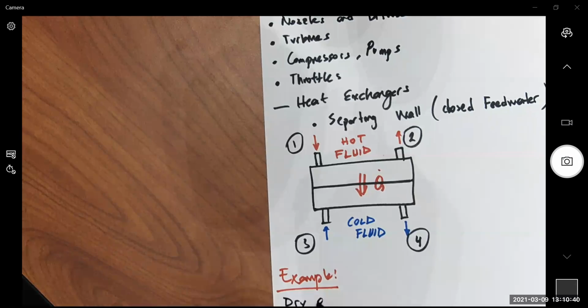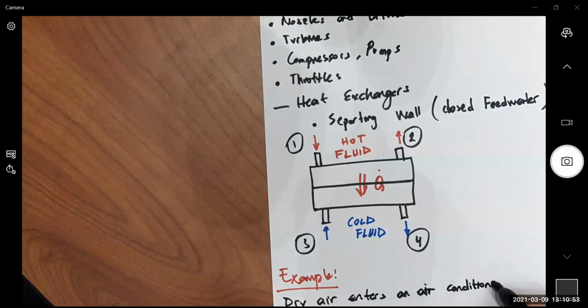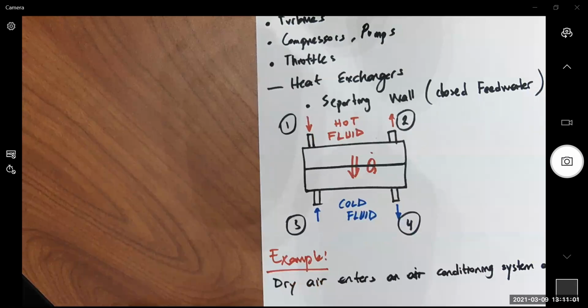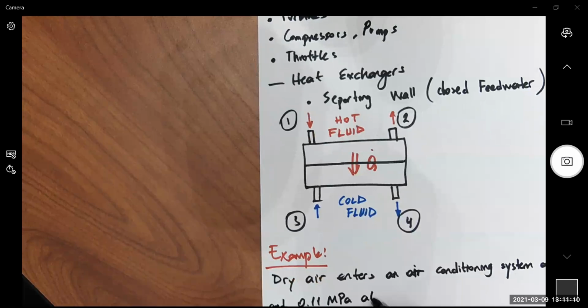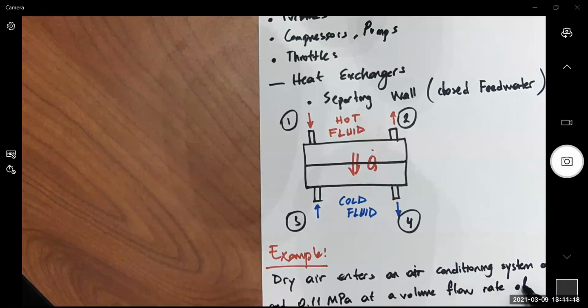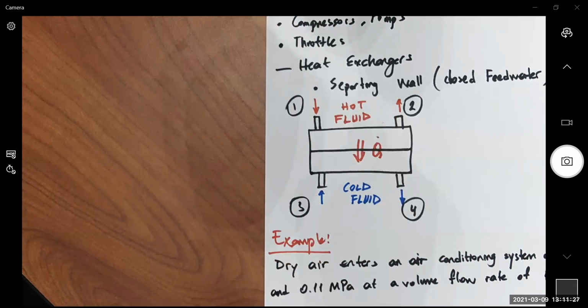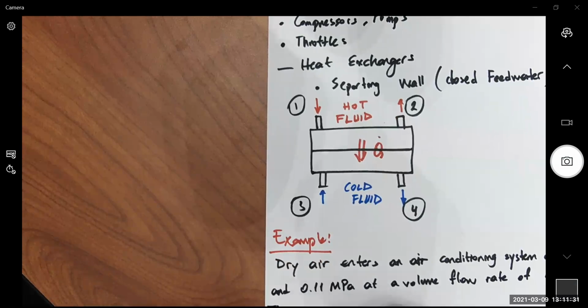Dry air enters an air conditioning system at 30 Celsius and 0.11 megapascal at a volume flow rate of 1.2 cubic meters per second. The air is cooled by exchanging heat